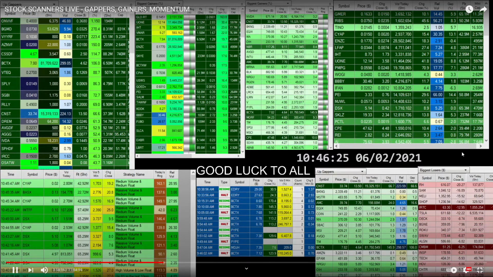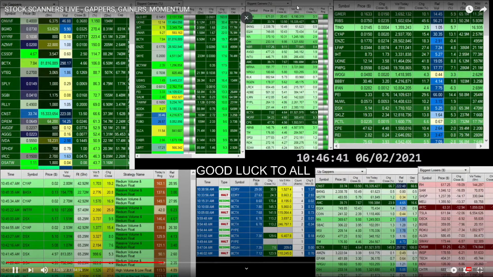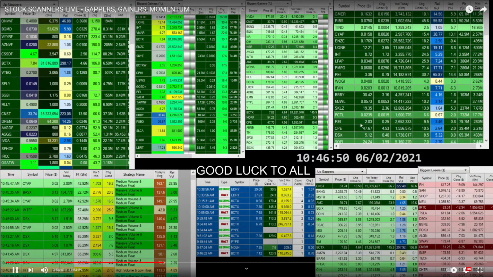So keeping that in mind, I'm definitely going to change the biggest gainer and biggest loser dollar column from change from close to change from open, so it more accurately reflects the intraday price action rather than being too similar